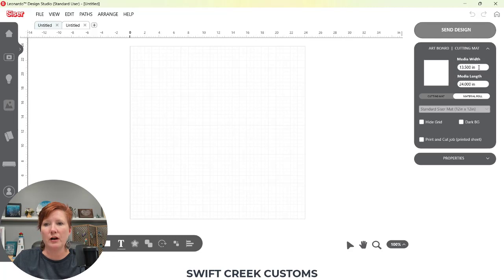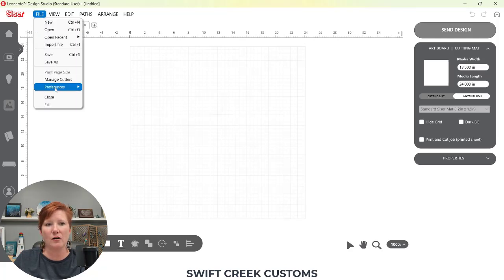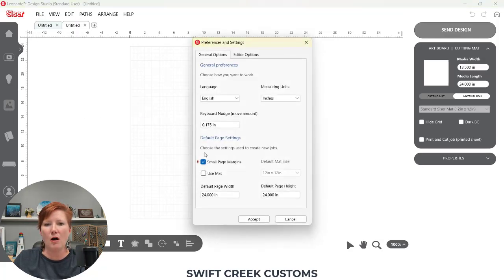Don't pay attention over here. I have Juliet in my cut settings, so it won't actually show higher than 13.5 because Juliet is the machine chosen. So it will let you design on a larger mat now. So you could set your media size to whatever you wanted under those preferences. So I'm going to come back over here to Preferences, All Preferences. I'm going to set this back to 12 by 12